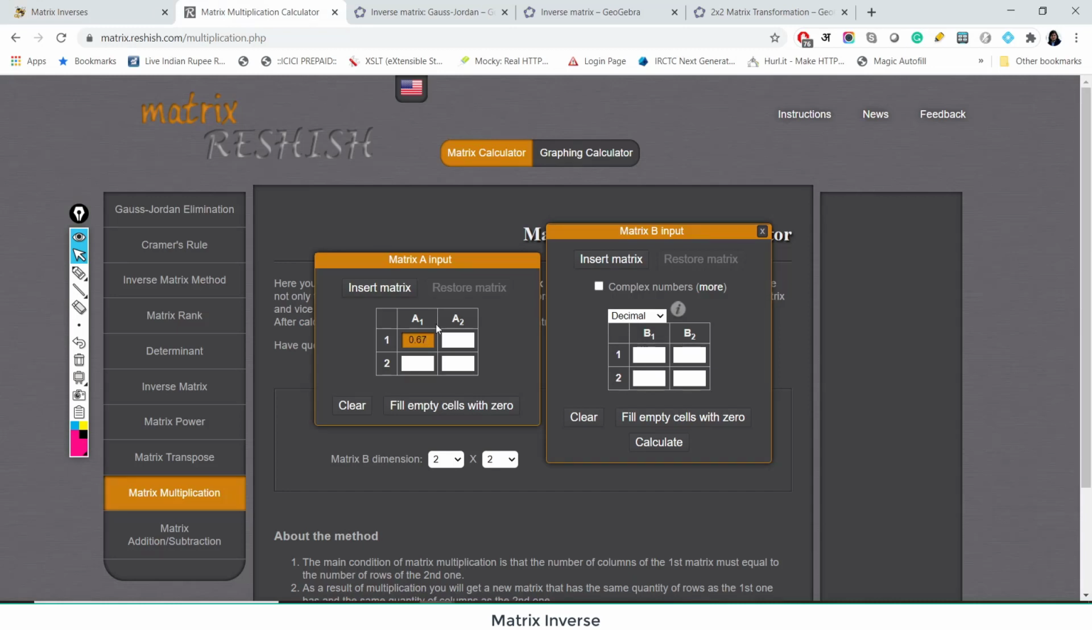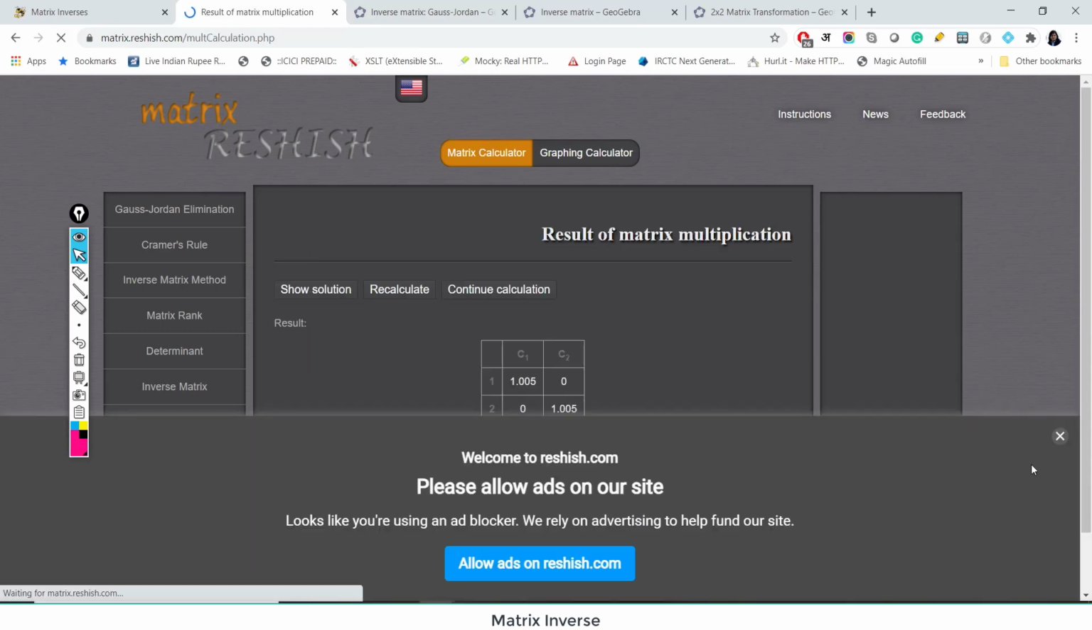0.67 here and 0.67 here. Fill empty cells with 0. Here we have 1.5 corresponding to T and 1.5. Fill empty cells with 0. And I just want to compute A into B. Let's see what happens. We get,